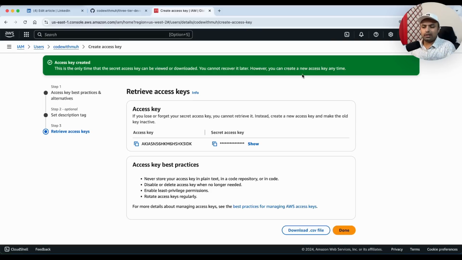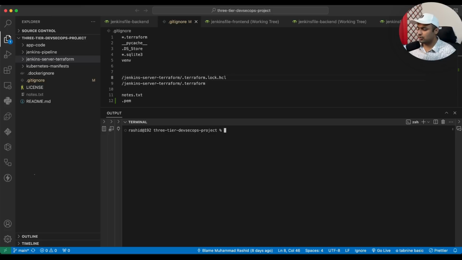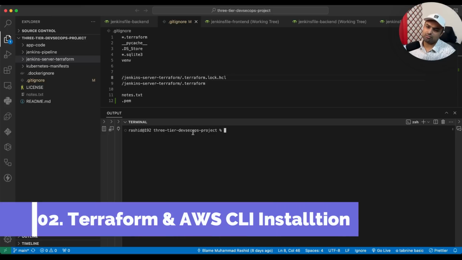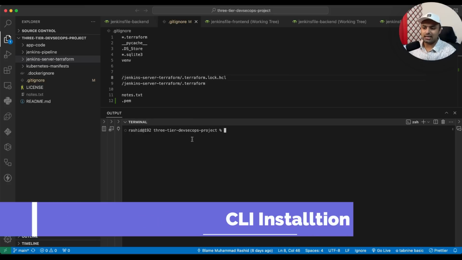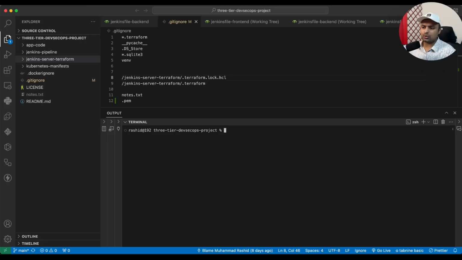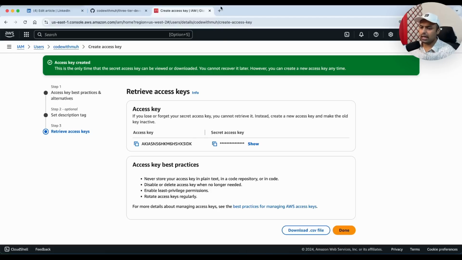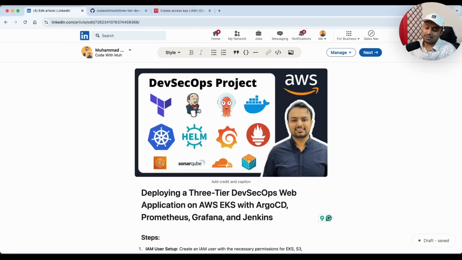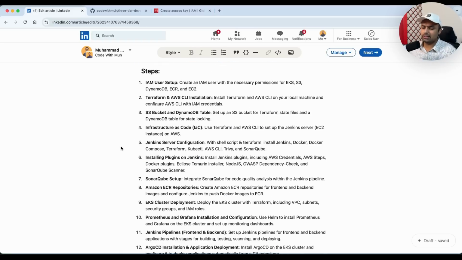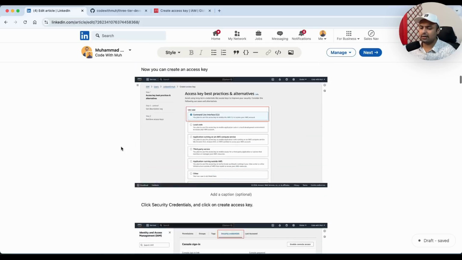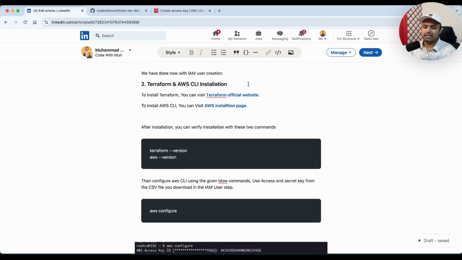So we are now done with IAM user account creation. The next step is installation of Terraform and AWS CLI, because we are going to create infrastructure using Terraform. So I will go to Google and look at how to install these two things. First of all, let me show you my article as well, which I have not released during the video. This is my article, and here I have given the links as well, like how you can install